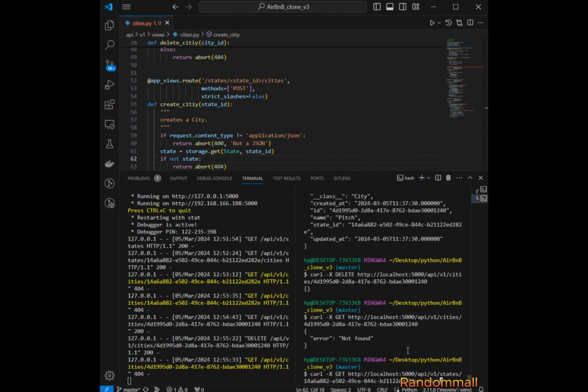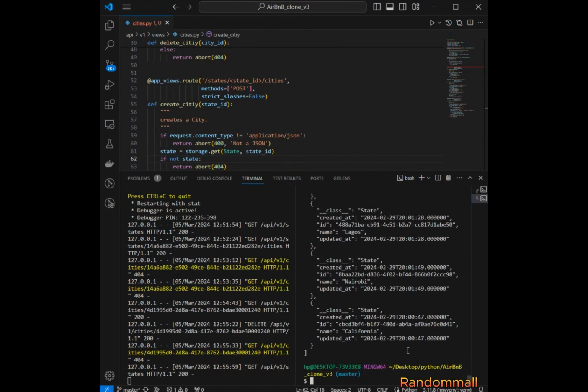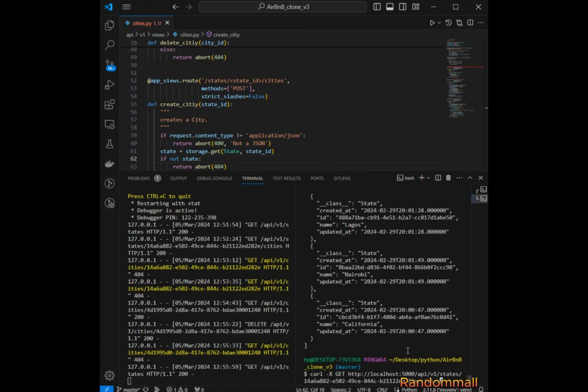I think I have to get the state ID. So post is going to be a post method, and then state slash the state ID, and I'm going to be checking Nairobi, then slash cities, and I need to pass in data,